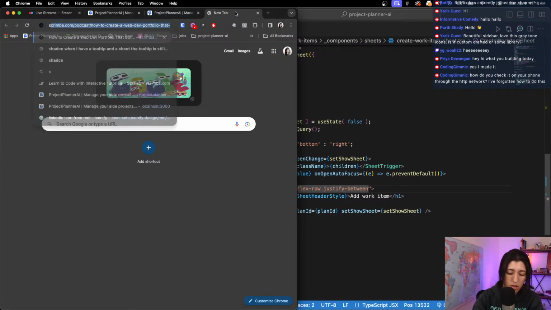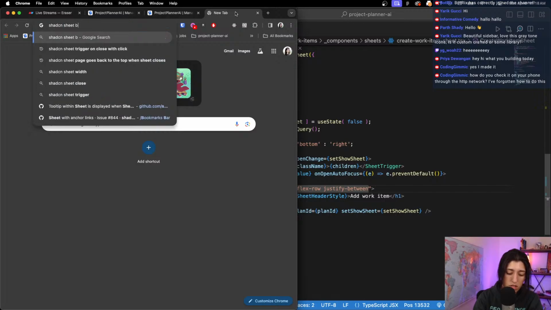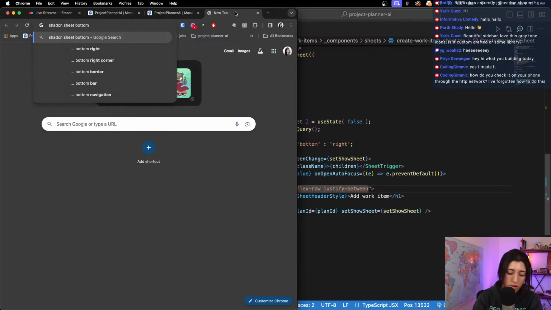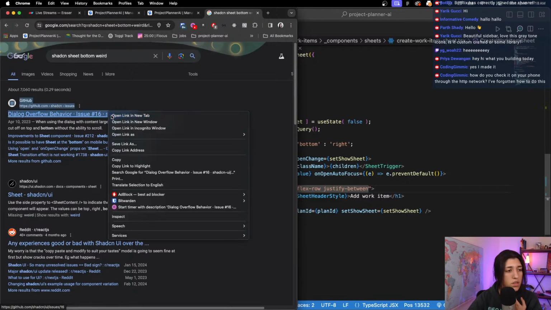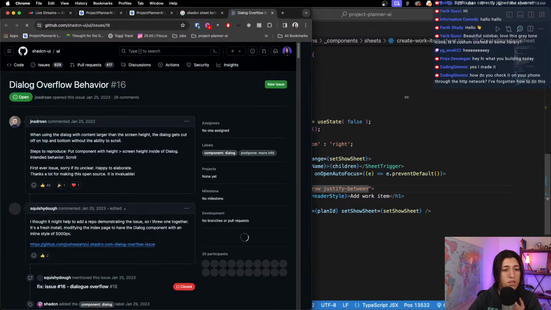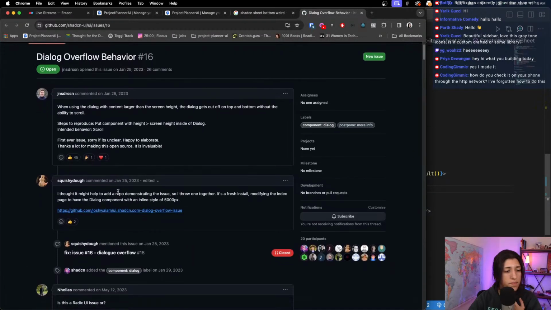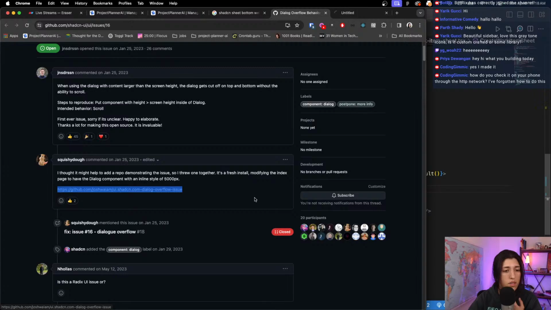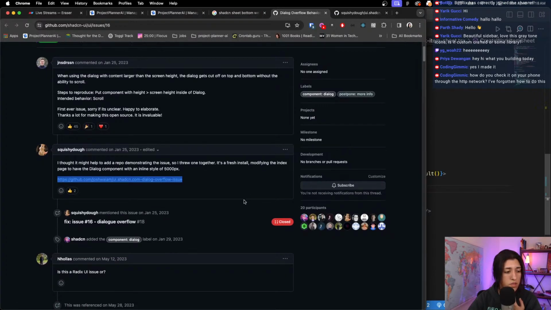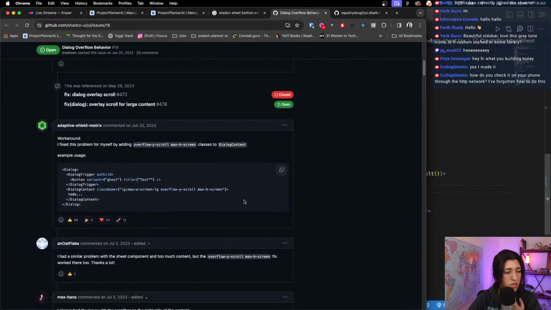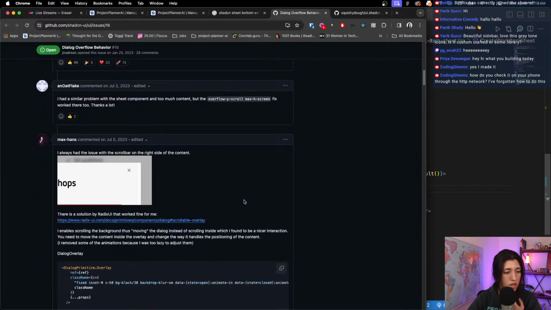Okay, let's see. We are trying to do Shadcn sheet bottom. Weird, I don't know what to say. Okay, overflow. When using the dialog with content larger than the screen height, the dialog gets cut off. Right. Index to have inline of 5,000. Is this a Redux issue? This is specifically pertaining to dialog, but